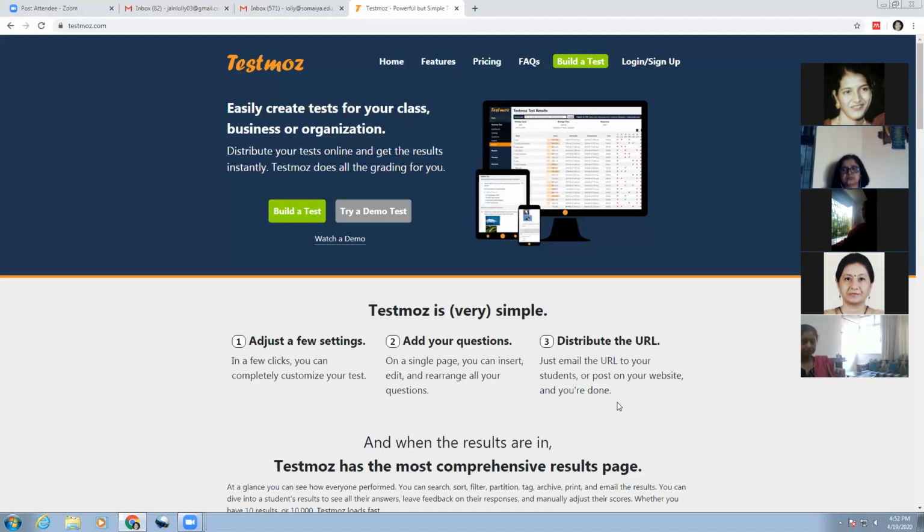After publishing, now you can distribute the URL through WhatsApp or through mail to your students, and the students can now directly click onto the URL and take the test. Once they have taken the test, you can enter the TestMoz by the administration tab. Once you type in the URL, you will be able to see 2 tabs, student tab and administration tab. You have to click onto the administration tab and then enter into the results page. And the best part is this results can be exported to Excel sheet. It gives you point-wise scores. It tells you which question has been attempted wrong by the student, etc.